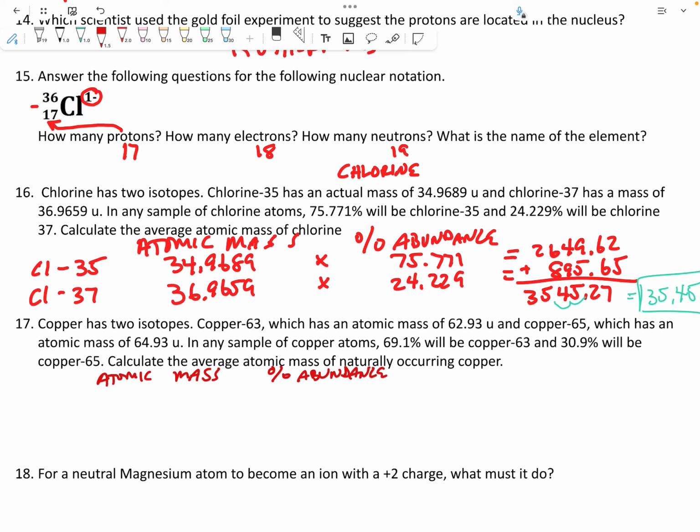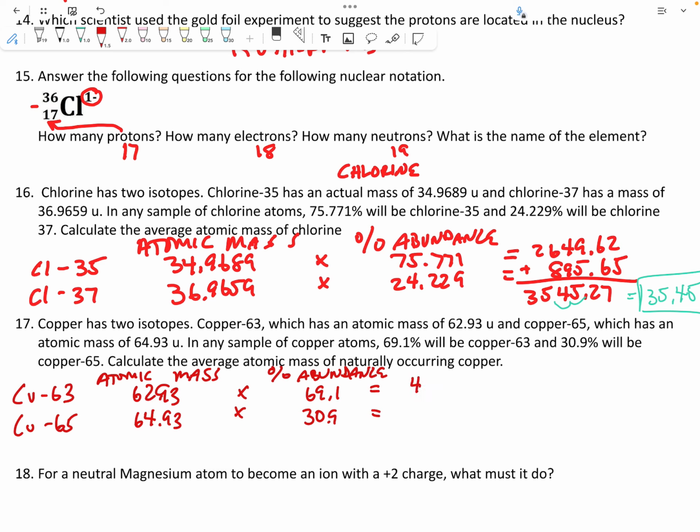And then what we're going to do is list the isotopes. We're going to have copper 63 and copper 65. Atomic mass for copper 63 is 62.93. And for copper 65, 64.93. Percent abundance for copper 63, 69.1%. For copper 65, 30.9%. Multiply those together, and what we're going to get for the top number,